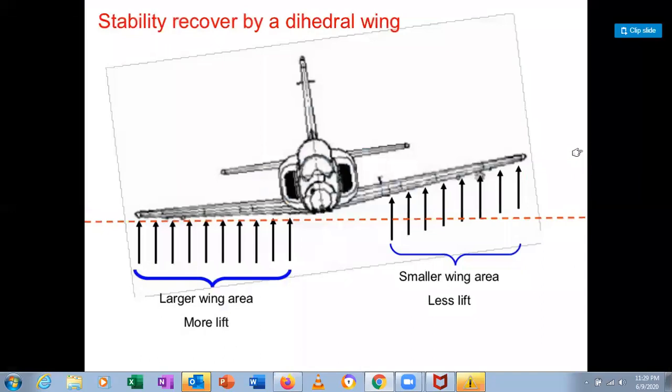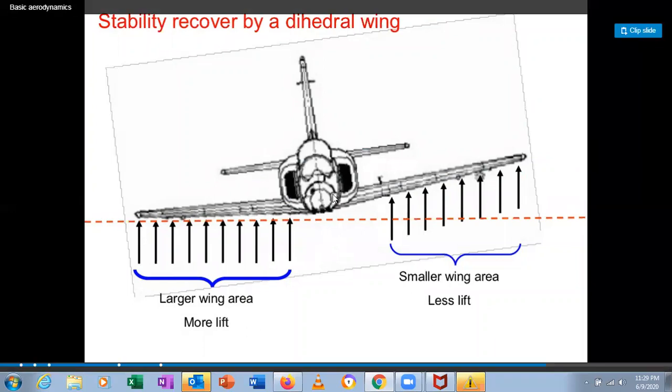And please understand the concept of dihedral wing. Yesterday we learned about the wing configurations: low wing, mid wing and high wing, correct? It all depends upon the dihedral wing. What is this dihedral wing? This is the wing portion, which is with respect to the ground. That angle is referred to as the dihedral angle, meaning the wing with respect to the ground. That is called delta, and it is represented by delta.